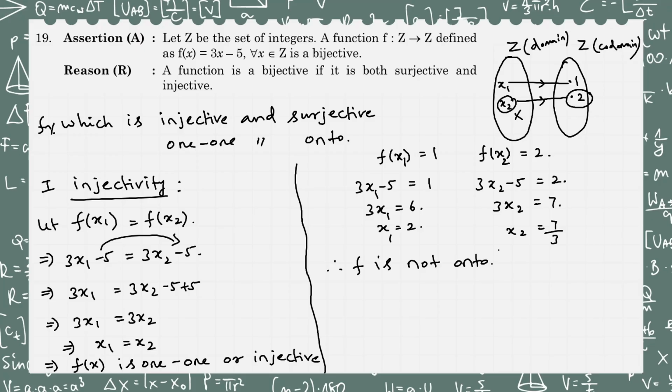That is our conclusion. So surjectivity is not obeyed, only injectivity is obeyed. So here they are saying bijective function, which is false. And look at the reason now. A function is a bijective function if it is both surjective and injective, which is perfectly fine. So the reason is true and the assertion is false. So option D is the one we have to pick, for when the assertion is false and reason is true. Okay, now let us go for